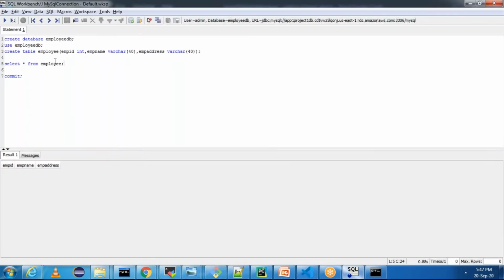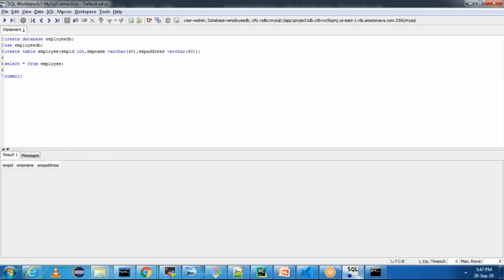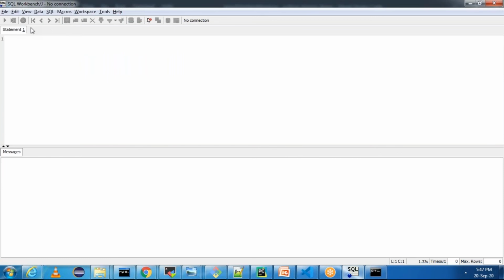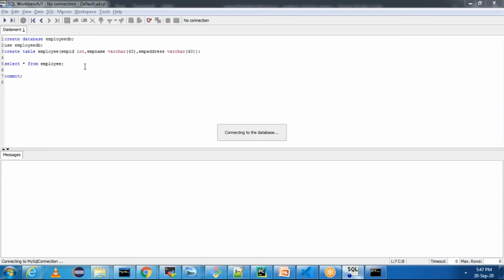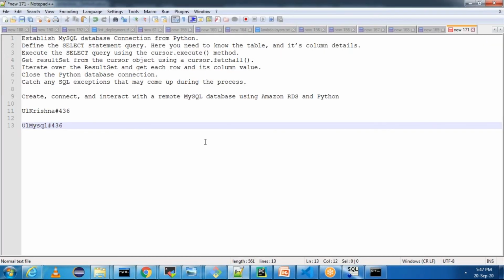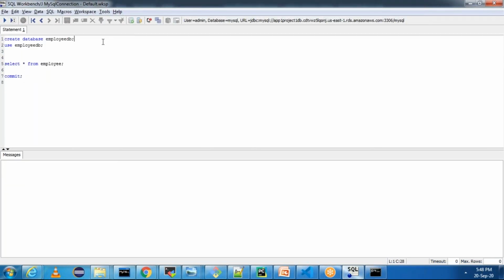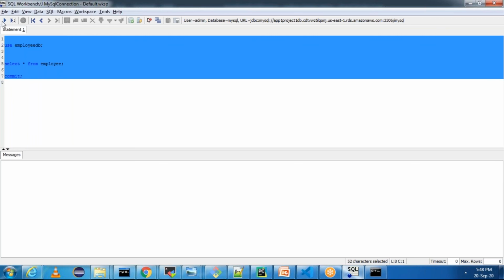We can verify from SQL Workbench as well. Copy this, and we are able to see the. We can select this. Let us reconnect to this again. Disconnect and connect to it again. File, connect window, click on OK, and you can remove. Keep these things in Notepad and just remove the create query and just run this. Remove create database also. Just run this query. Perfect. I'm going to see these 2 records.